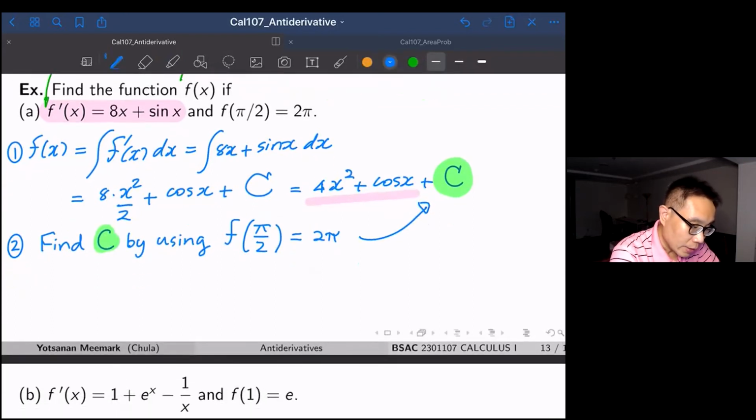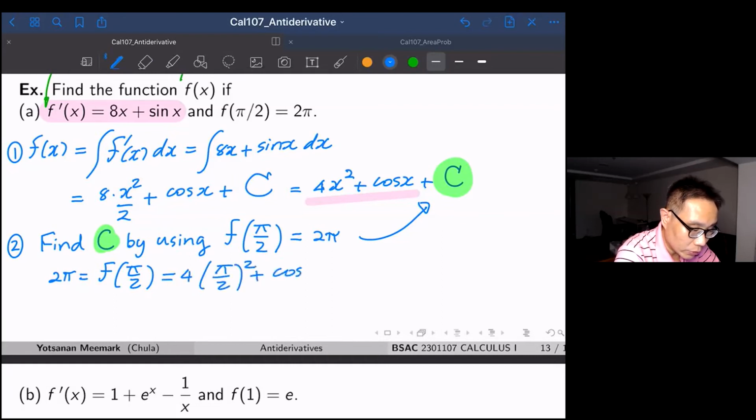So you get 2 pi equal to f of pi over 2. You just plug into x, so it's going to be pi over 2 squared plus cosine pi over 2